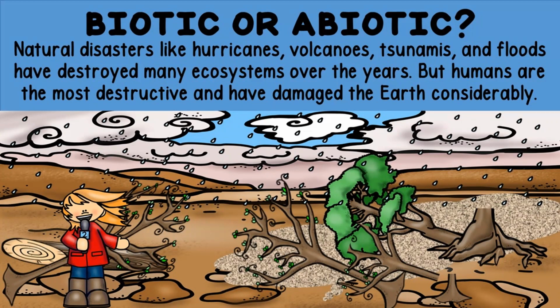Maybe we're using the trees to build a fire. Maybe we're catching an animal and eating it. Maybe we're picking berries off of a bush and using that to eat. So we're messing up the flow of the ecosystem, right? We are something that is not naturally occurring in that forest, and we have now messed with it and potentially destroyed it.